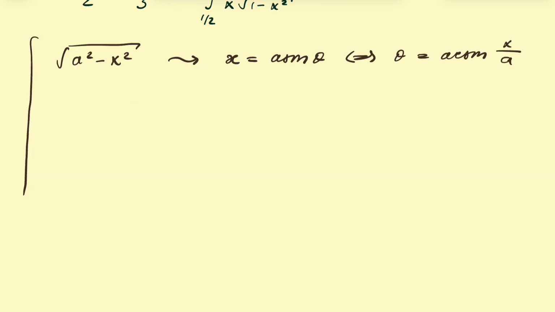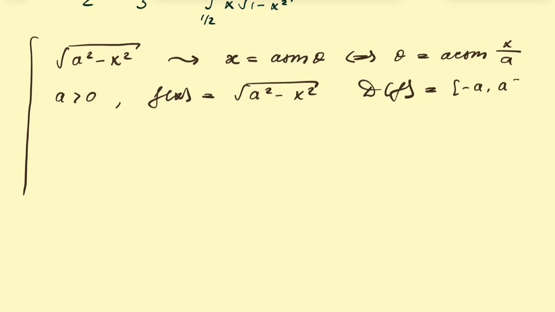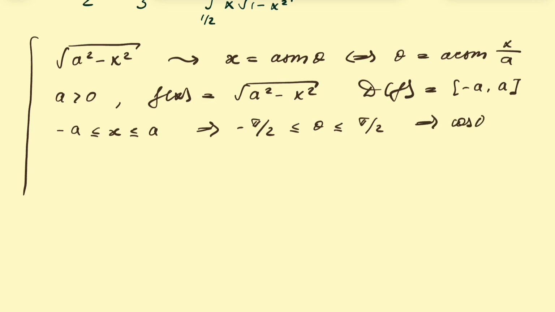A subtle part is to consider that a is bigger than 0 and that the function a squared minus x squared has a domain of minus a to a, which means x is between a and minus a, so theta is between minus pi over 2 and pi over 2. For this interval, cosine of theta is bigger than or equal to 0. We will use it later on,